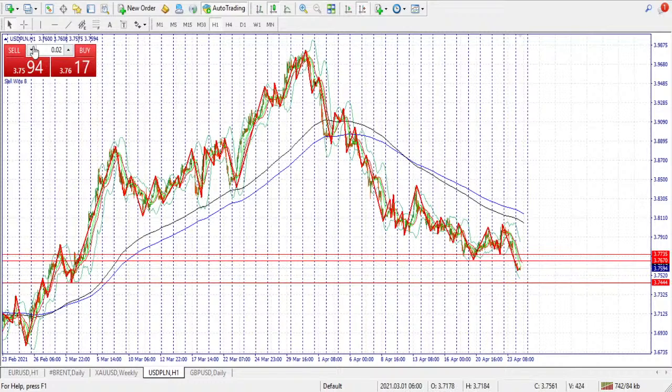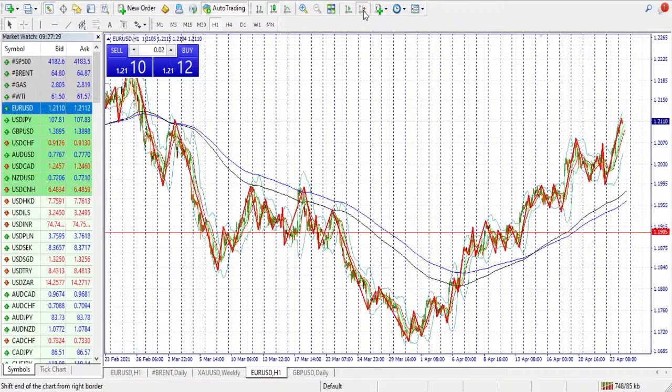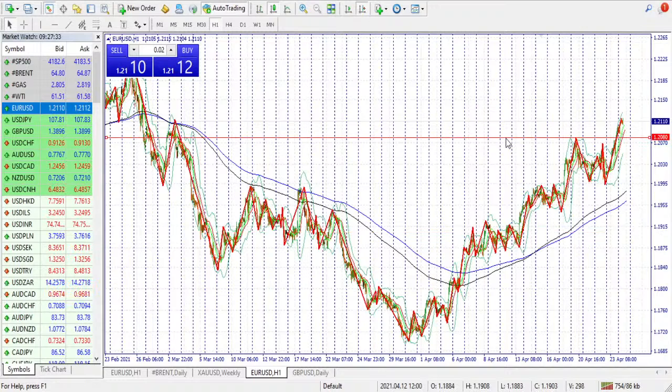So back to our normal charts, I'll start with Euro USD. So this is upwards. We do have a very good resistance level here. This was broken. So the indicators you're seeing on my screen: this is the Alligator indicator, and we have the Bollinger Bands, and then we have the